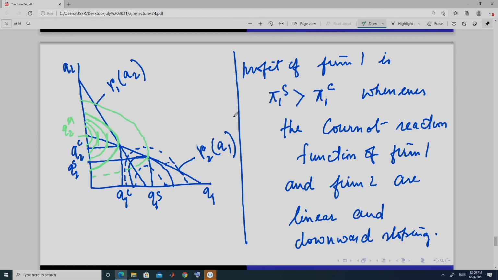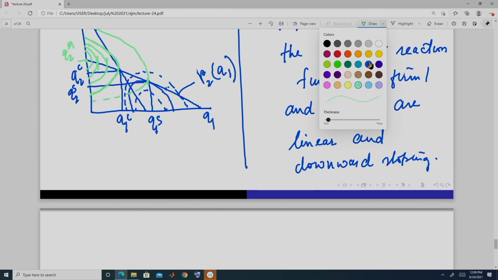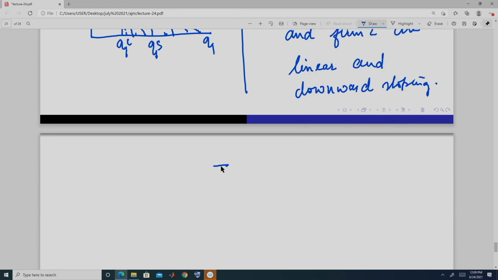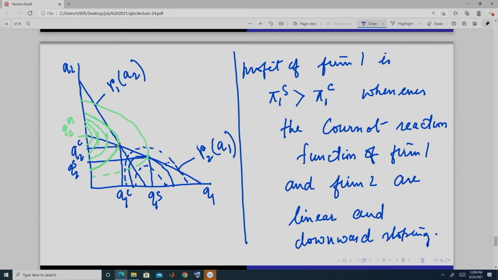So, from here what do we get? We get that the profit of firm 2 in Stackelberg is always going to be less than in Cournot,